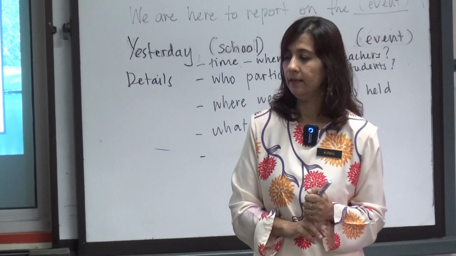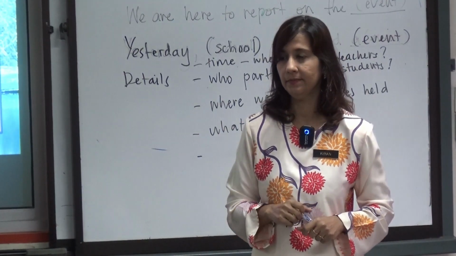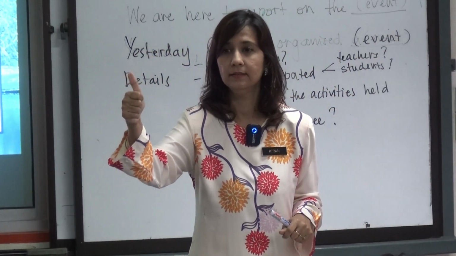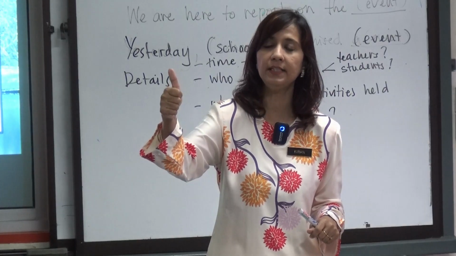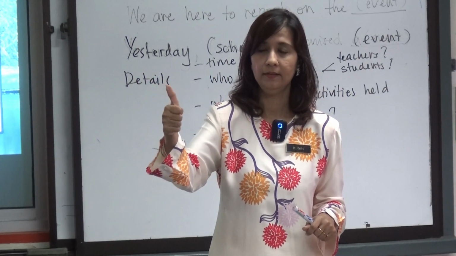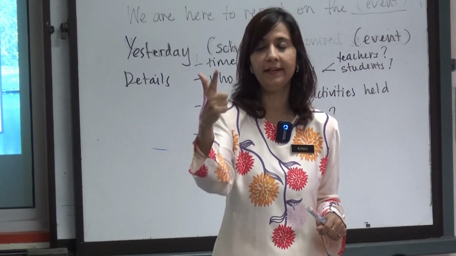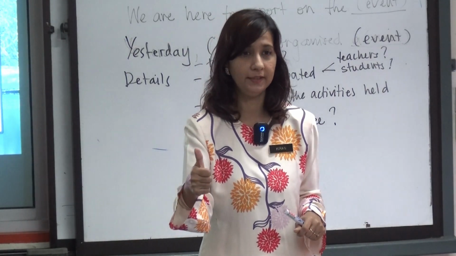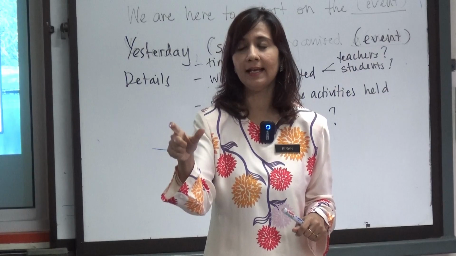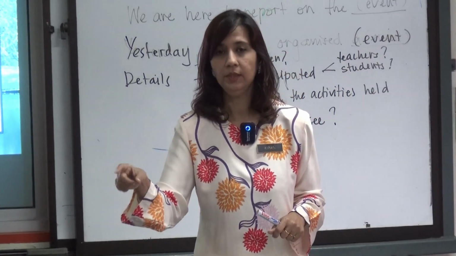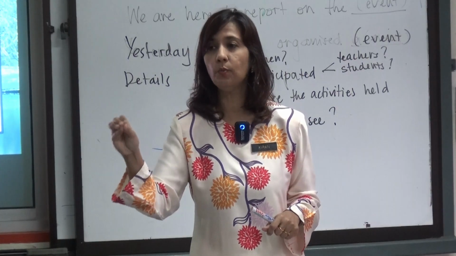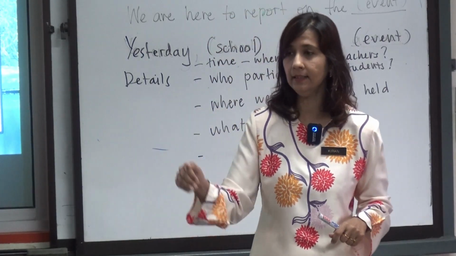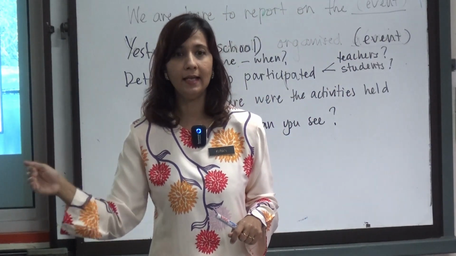Okay, so what are the content points? Number 1, what must you have? Okay, what kind of details? Damien, what kind of details must you put in this report? When and where. Very good. So can you say it happened last week? No. What must you put? The full date. Okay, example 15 September 2022. You can add the day, which was a Saturday. And the time as well. The event started at 8 a.m. and it ended at 1 p.m.